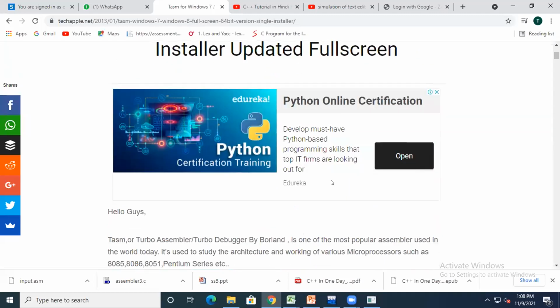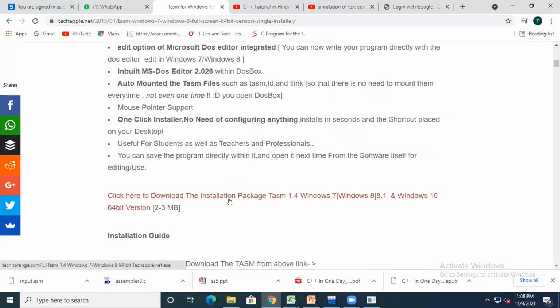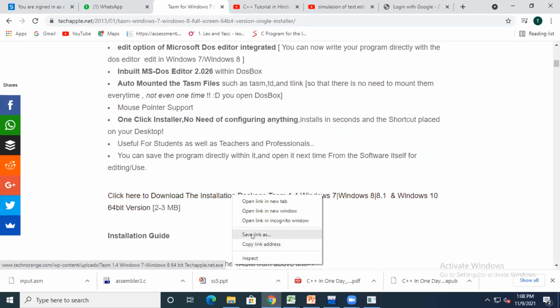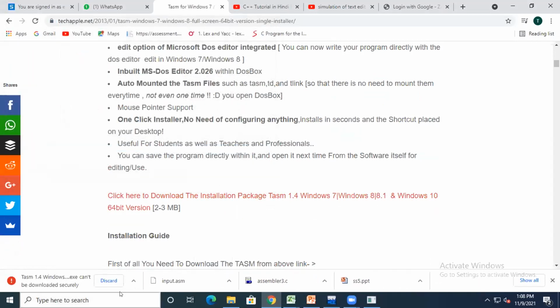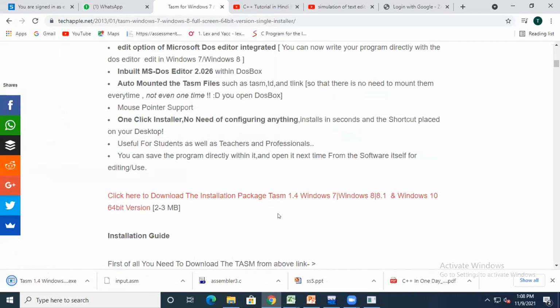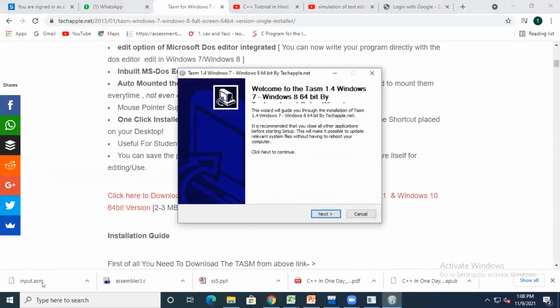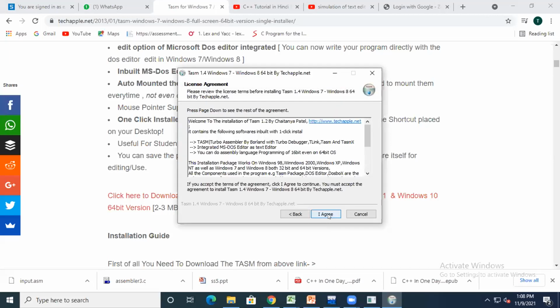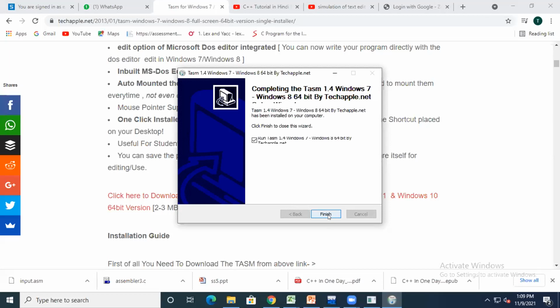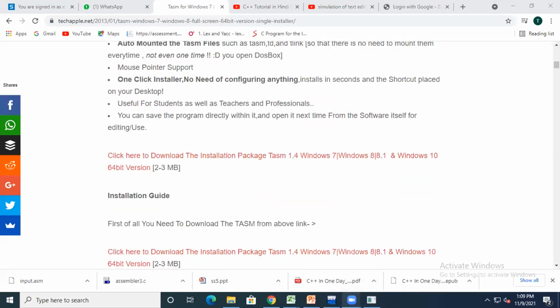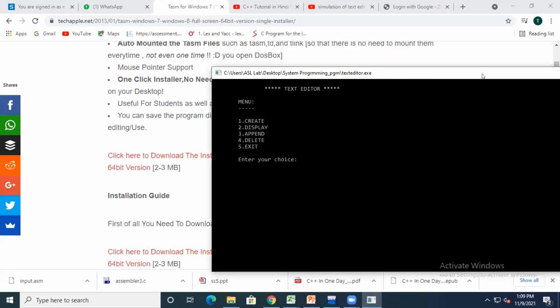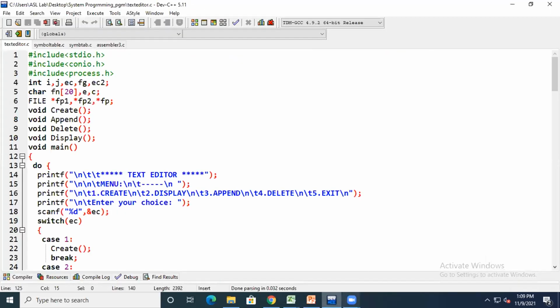I will just download the TASM. Already you know, I know. Still I will save this. I will open that .exe file. Will make the agreements. After completion I will close this part.